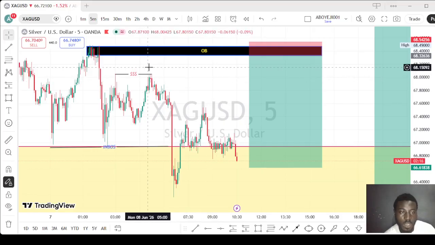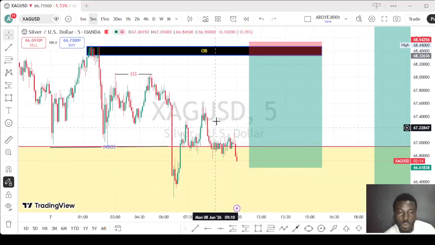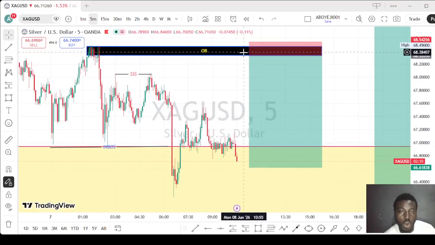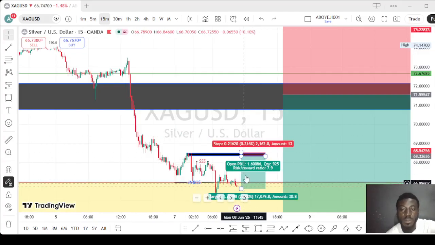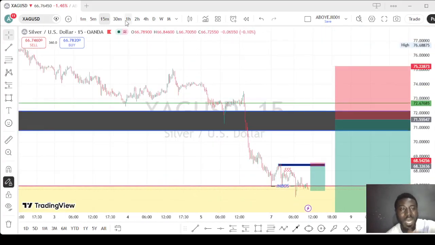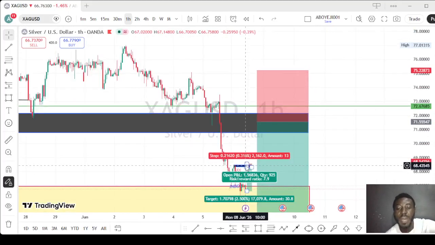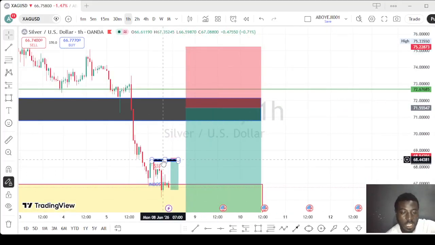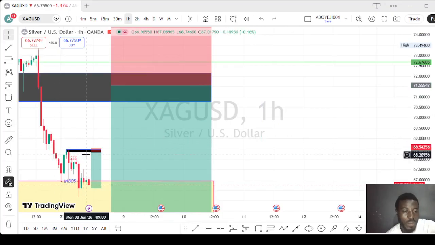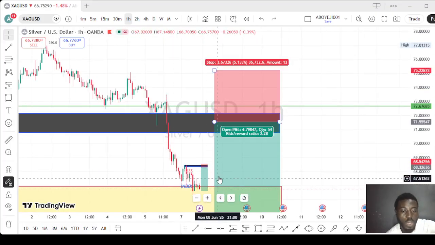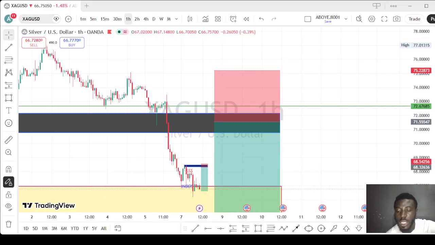This is a double top, and there's an FVG. So this is our liquidity here. Let's see if we can see a huge reaction before we sell again. On the 15-minute time frame, this is what it is giving us, but on the 4 hour time frame, this is what it is giving us. But if the market breaks this key level, this 15-minute order block, it will retest and continue the uptrend. So let's just be patient and focused. This is what we are seeing.